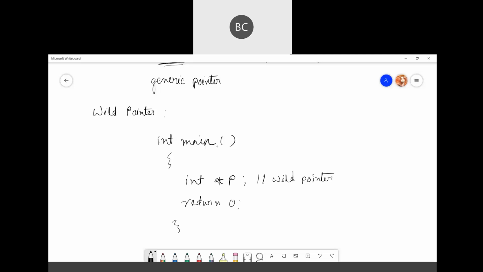If you want to print the value, then you might get different answers depending on your compiler. Okay, so this is nothing but your uninitialized pointer.